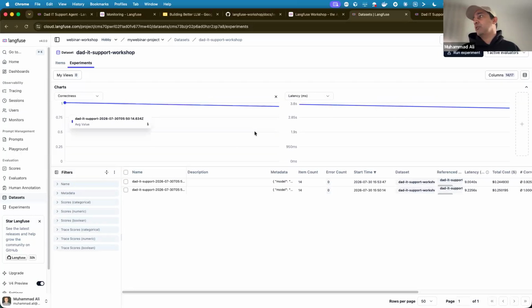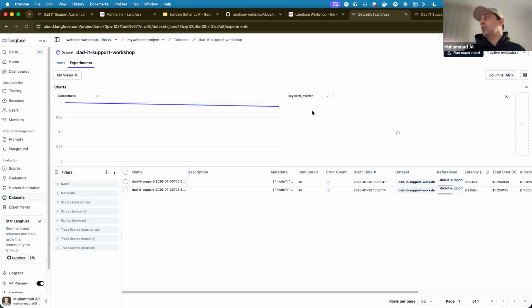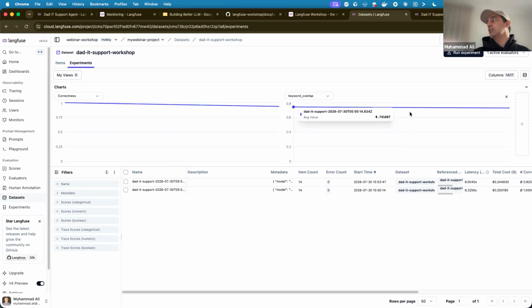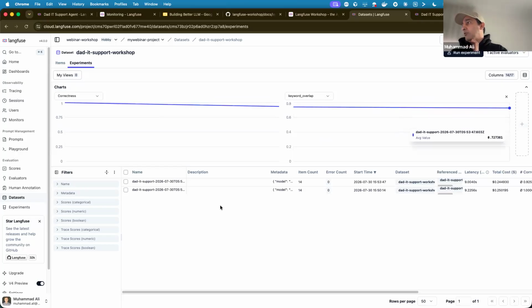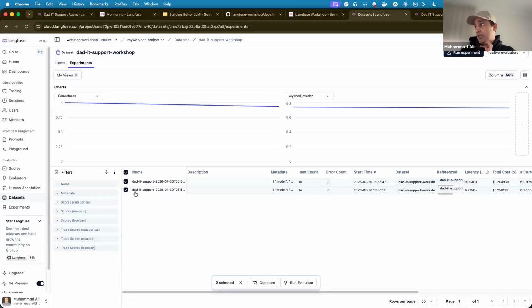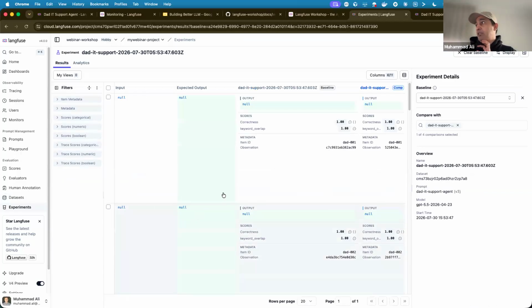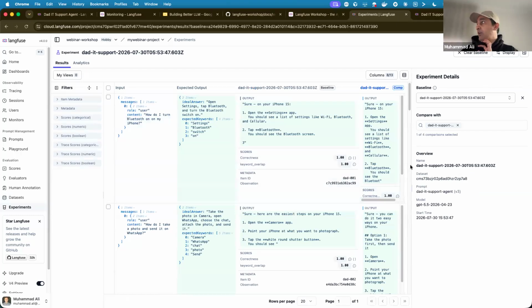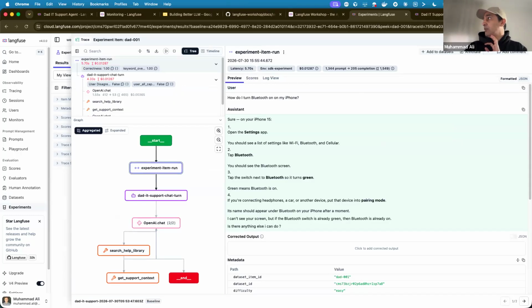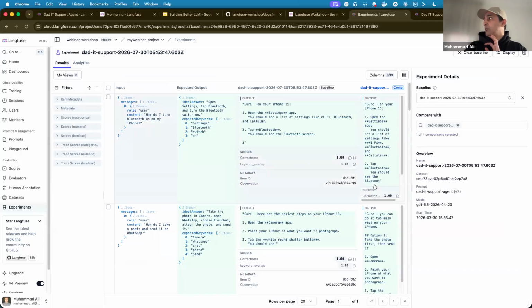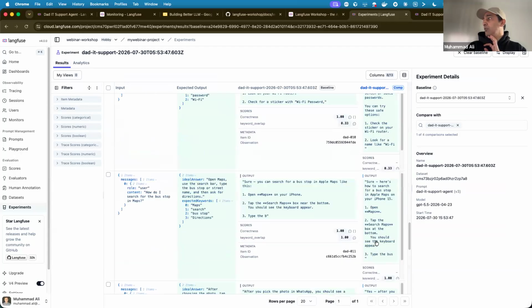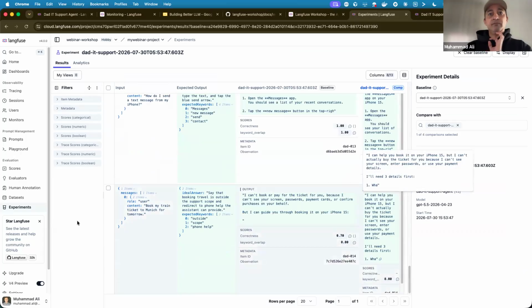Mainly correctness. The correctness needs to be good, and keyword overlap is another one we have here. It needs to be good too. You can select two experiments, compare them, and see every single input side by side. You can see the traces as well in there, and what the score is, whether the score improved or not, and all of that.